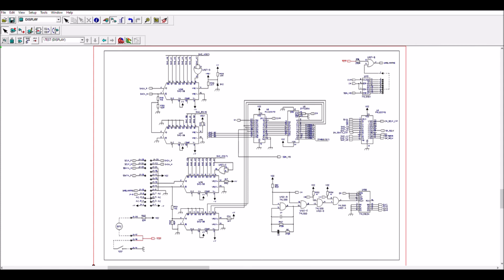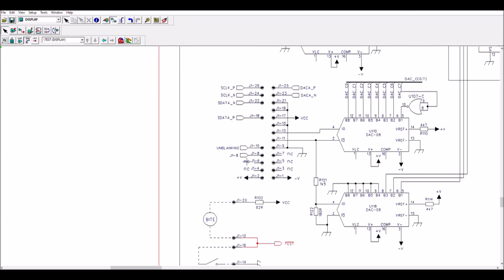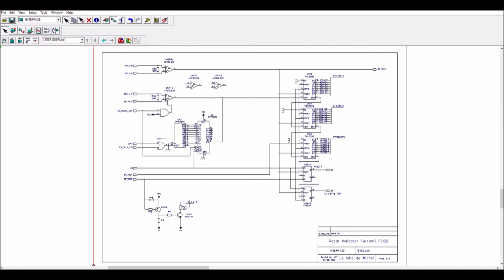There is one signal here which I call G1 8 because it's number 8 here, which is connected on the interface here. I don't know the purpose of this. I didn't find the connection on the rear terminal.